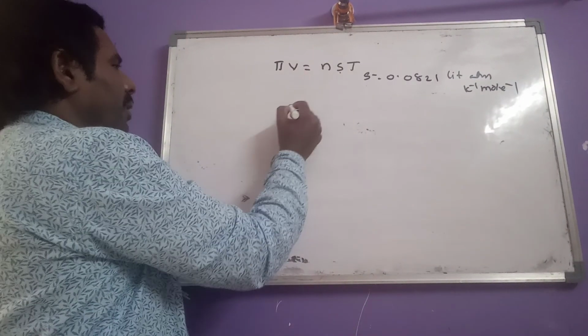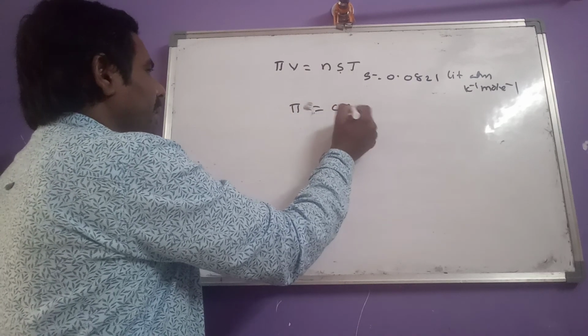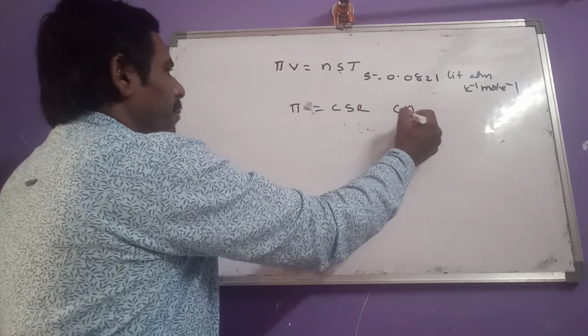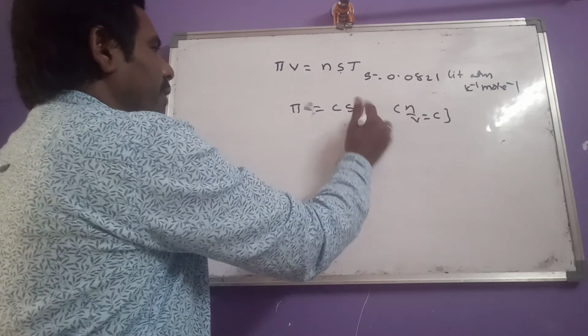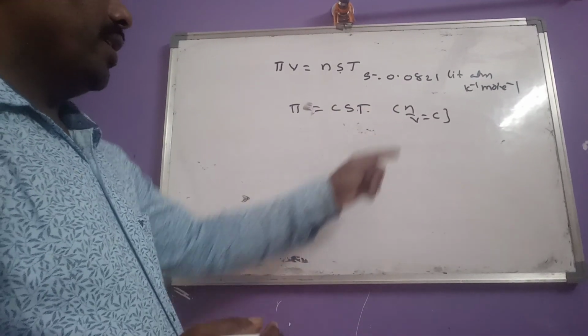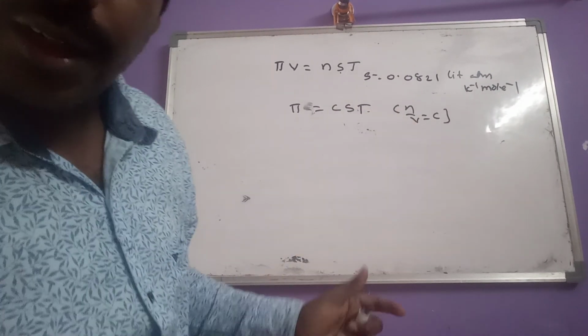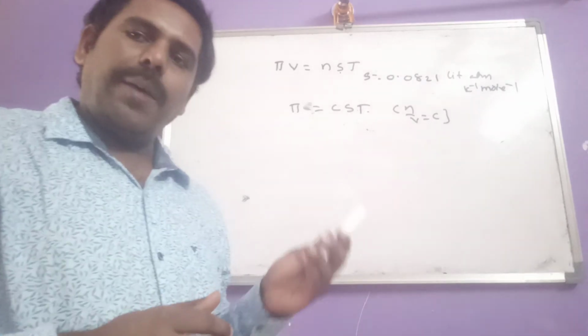And here we can write that pi equals CST, because n by V is known as C, the concentration. Okay. Regarding problems, we will